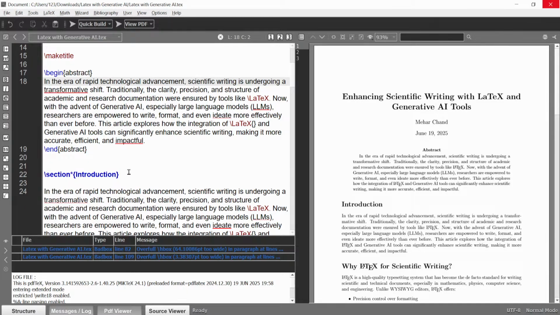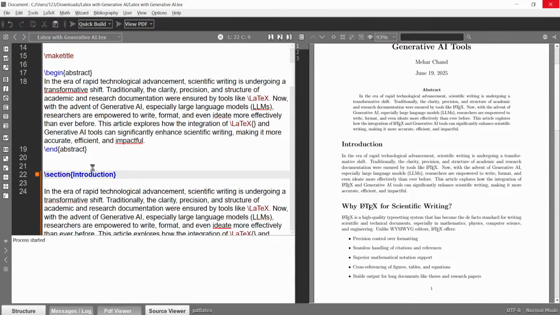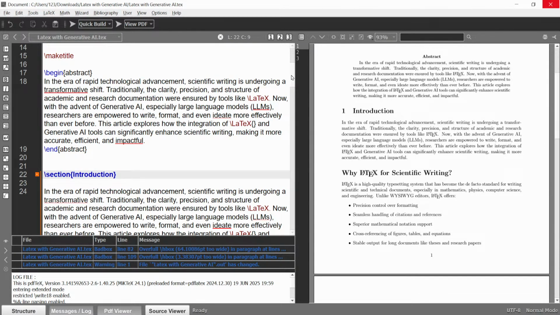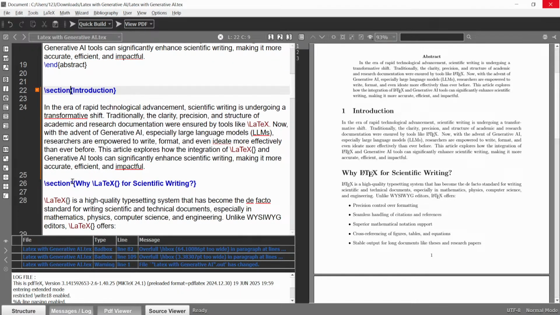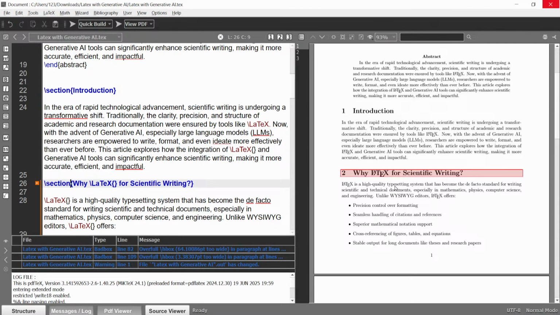Okay, see, this is the introduction, the first part. This is the first heading, and if you remove this star sign, you can see the number one appeared automatically at its place. Go to the next section. Here is also a star. We have to remove it, and you can see this is heading 2. How will you build the file? You will click at this place and the file will be built.